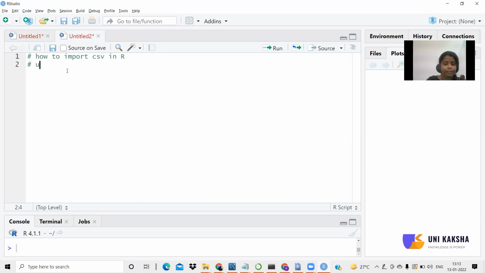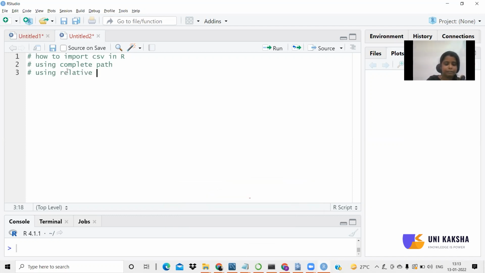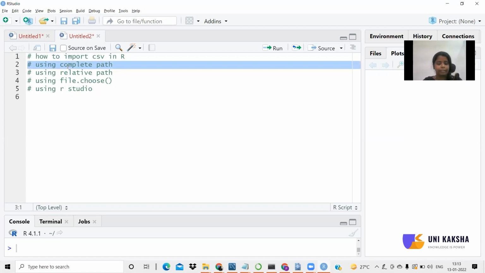The first way is using complete path. The other way is using relative path. The third way is using file.choose. And the last one is using the framework that we are using, that is using RStudio itself. So let us check how a complete path can be used